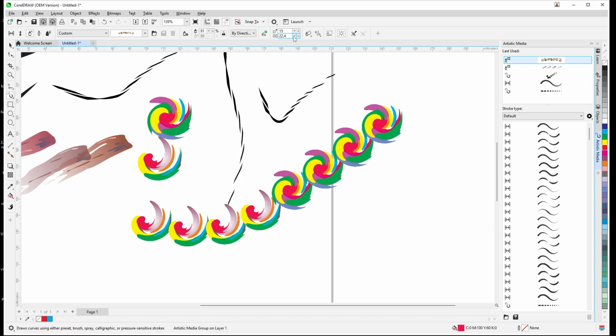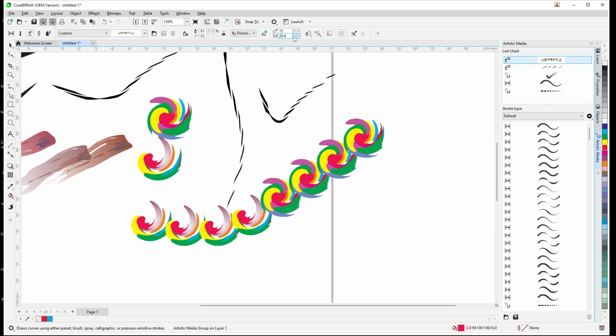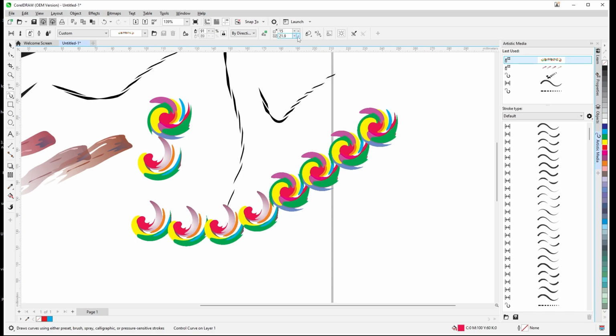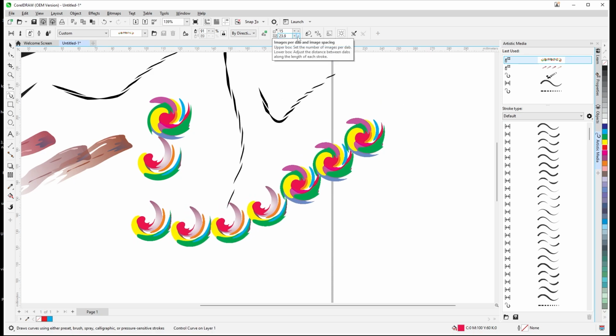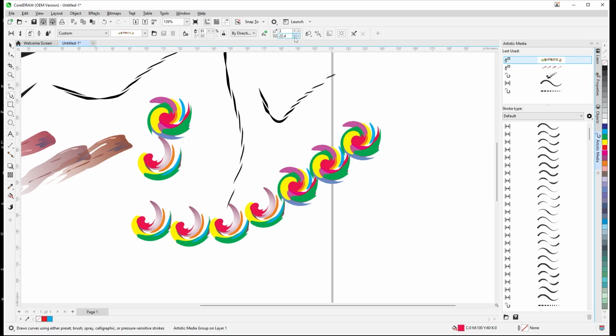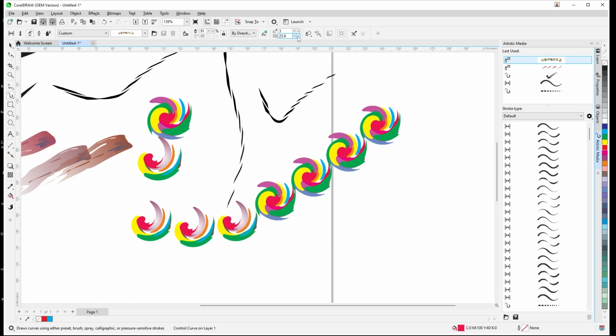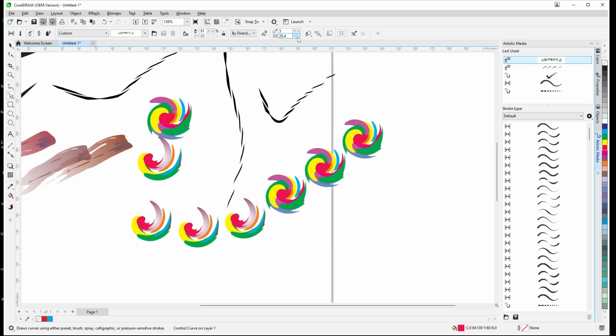Yes, now see, they are adding closely, and here the image spacing is increasing, and after adding or removing, again I am increasing this one, right? So as per your requirements, the gaps are